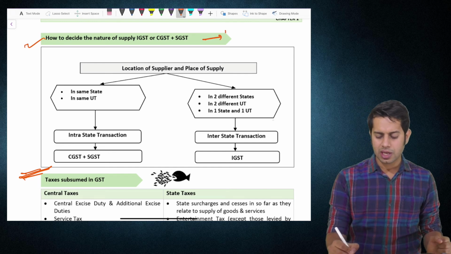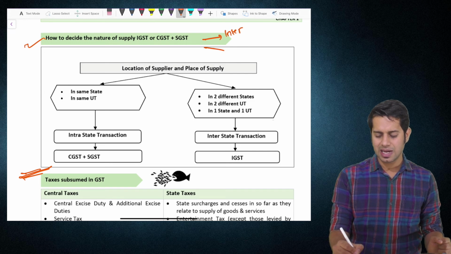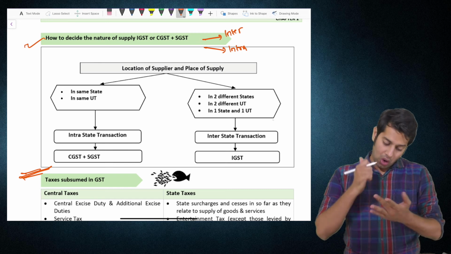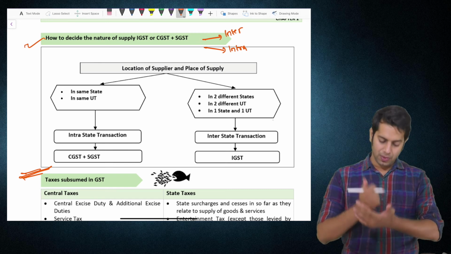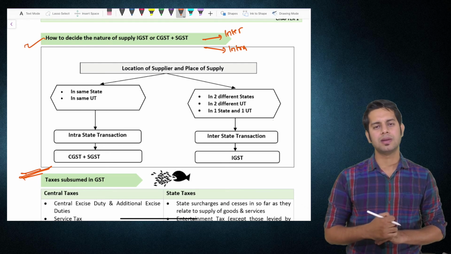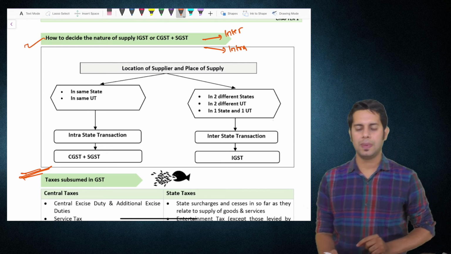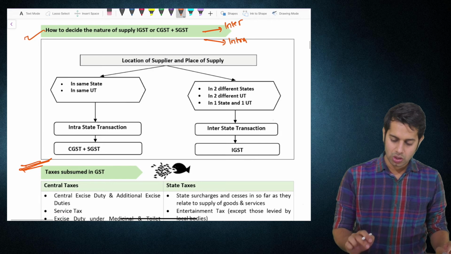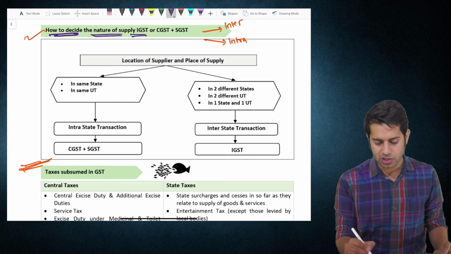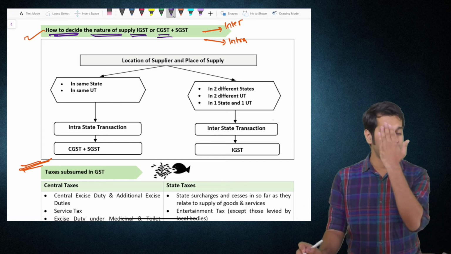For that, we should see whether it is interstate supply or intrastate supply. Now, what is interstate supply? What is intrastate supply? What do you mean by interstate supply? What do you mean by intrastate supply? That you tell us. So how do we decide whether the nature of supply is interstate or intrastate,